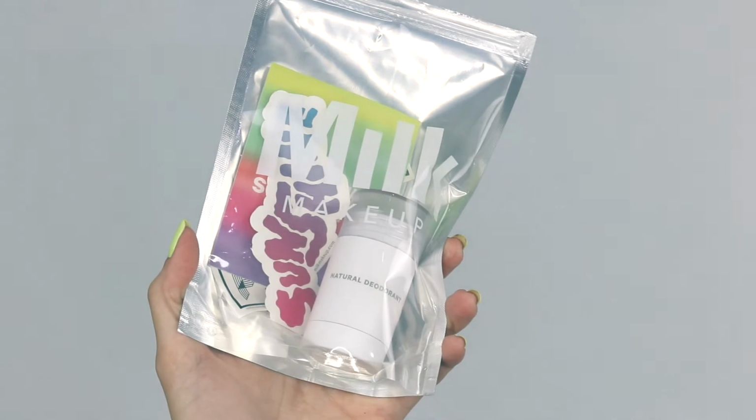The first thing I got was the Milk Makeup Natural Deodorant. I don't know why it's gotta come in so many bags. So the fun thing about this is that the first time that I bought this deodorant, whoever packed my package must have not had coffee that day because I actually got two and I had only bought one, which was amazing because it's $14 and I hadn't tried it yet, so I wasn't in love with it yet. So the packaging is like this,